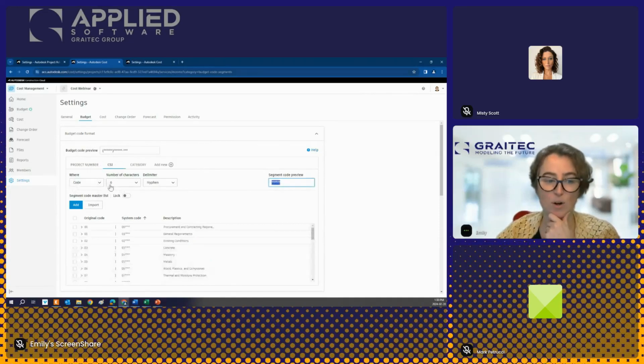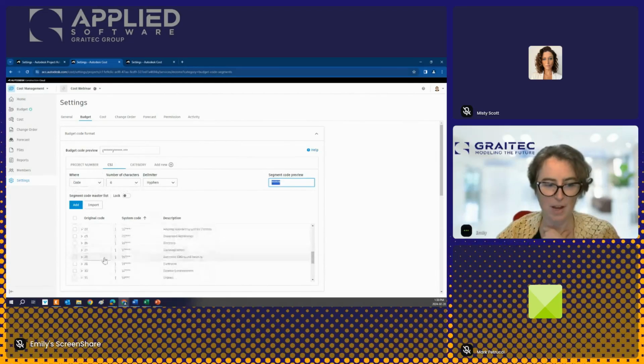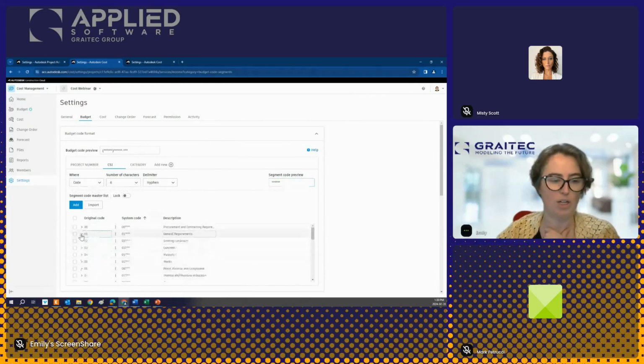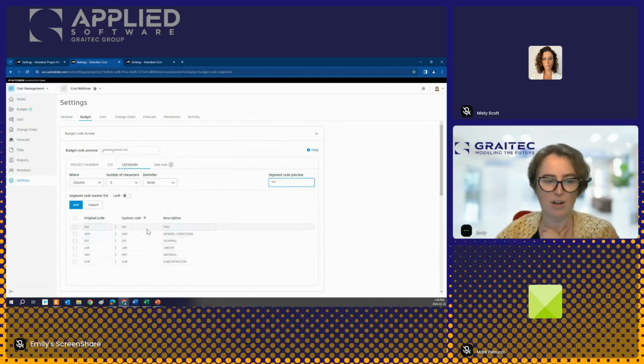Then we're going to have a CSI code, also 6 digits. Okay, we've got every potential CSI code that we might want should be in here. And we also have a category here, just the 3-letter quick category at the end. So your project number or your cost code is basically going to look something like this, right? Project number, CSI number,